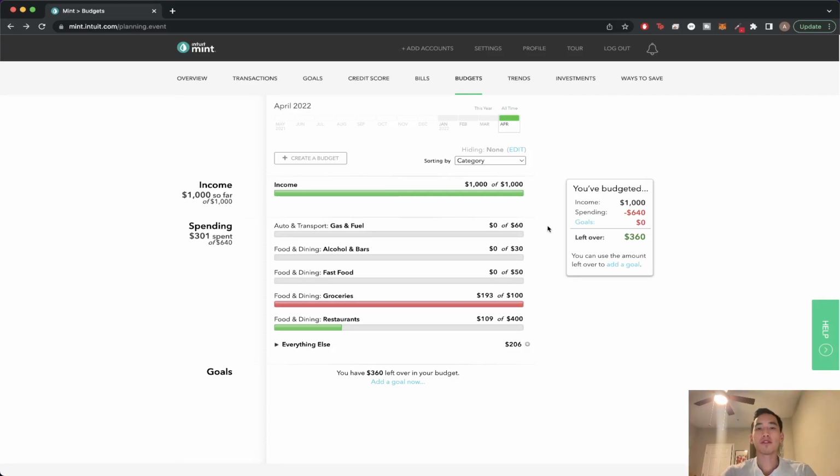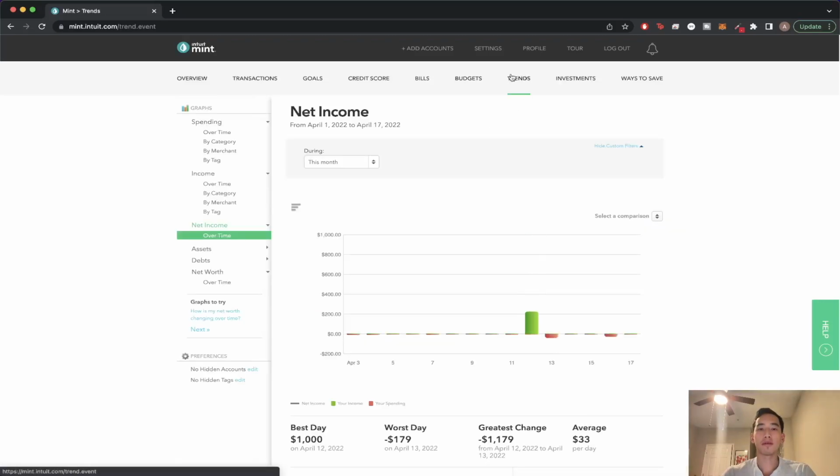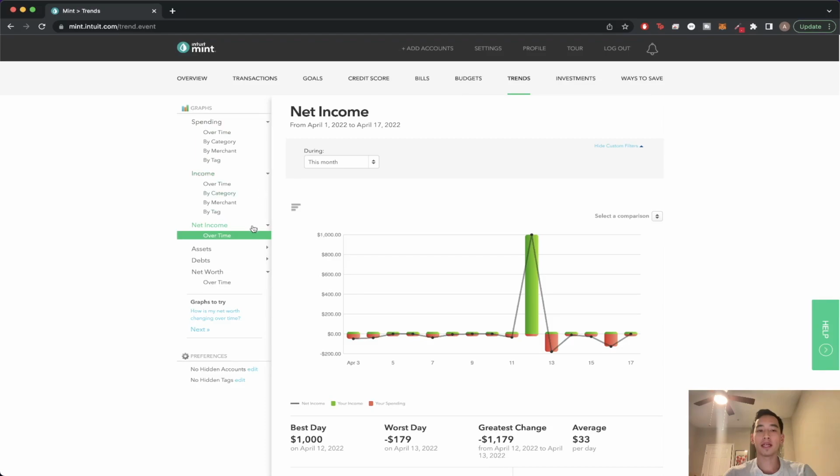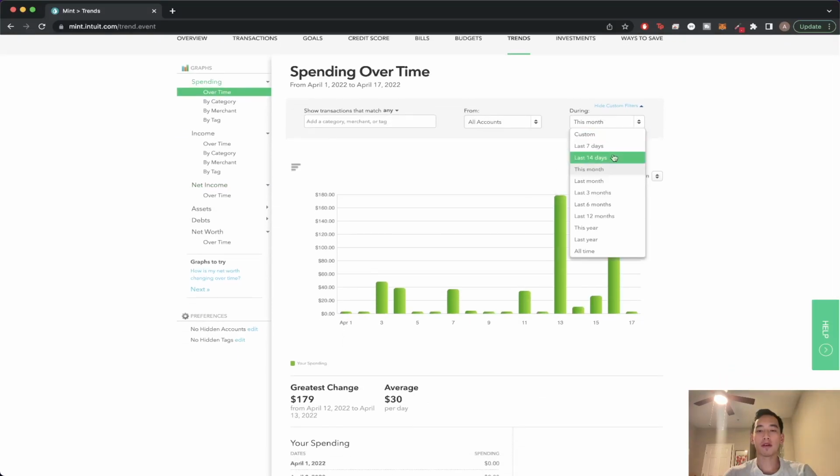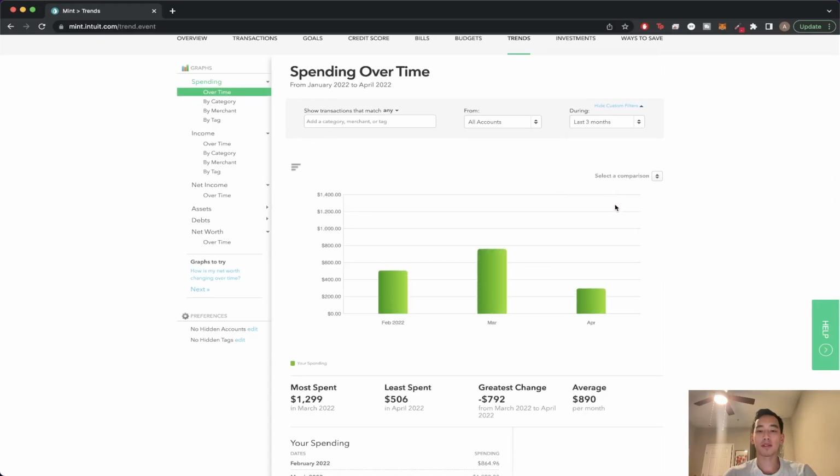And the very last feature that I want to discuss is the trends feature. And we can look at this feature by clicking on the trends tab. And the trends feature will allow us to see things such as our spending, our income, and net income over certain periods of time. So for example, if we click on spending over time, this will show us how much we spent each day of this month. We can also be a little more specific and go over like the last 3 months. It'll give us a nice bar chart to just visually see how much we spent in comparison to other